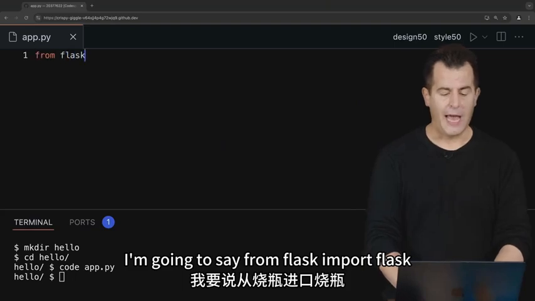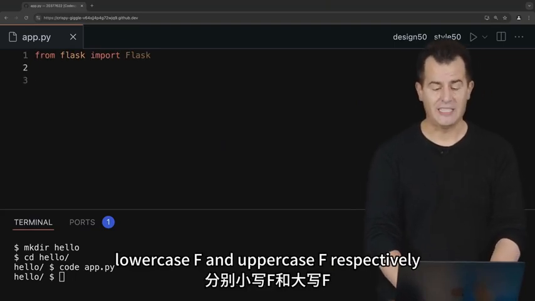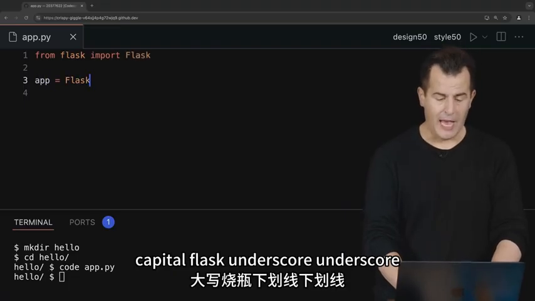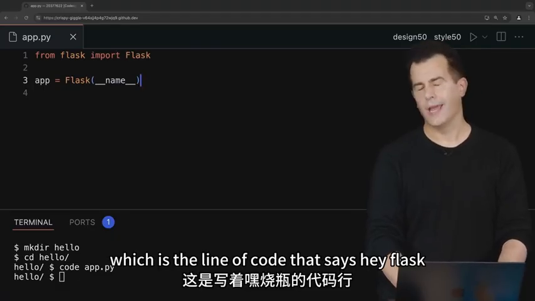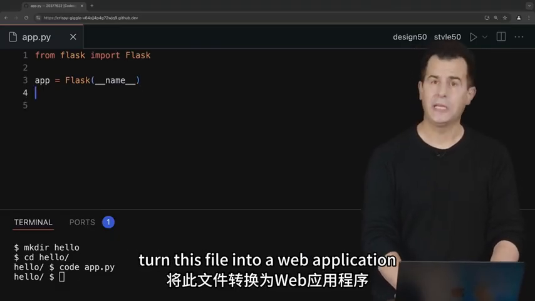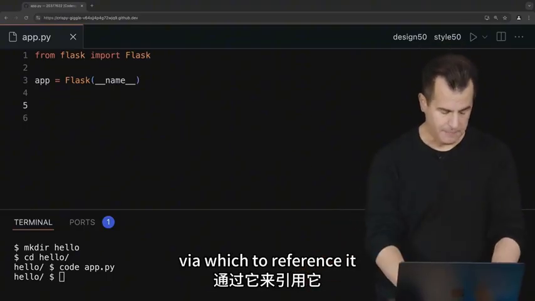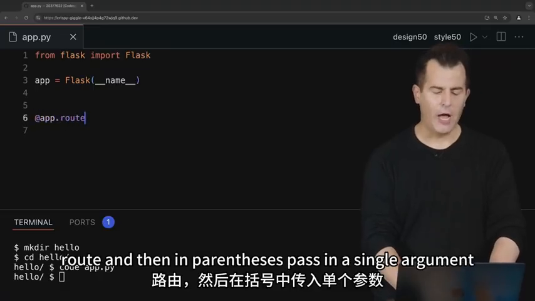I'm going to say from flask import Flask, lowercase f and uppercase F respectively. Then I'm going to say app equals Flask(__name__), which is the line of code that says, hey, Flask, turn this file into a web application and give me a variable called app via which to reference it. And then down here, I'm going to do @app.route and then in parentheses pass in a single argument,